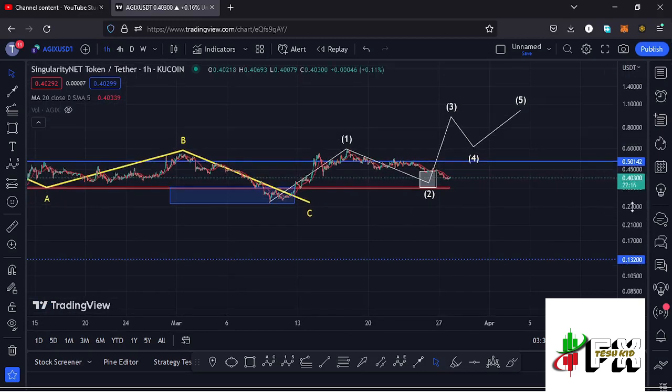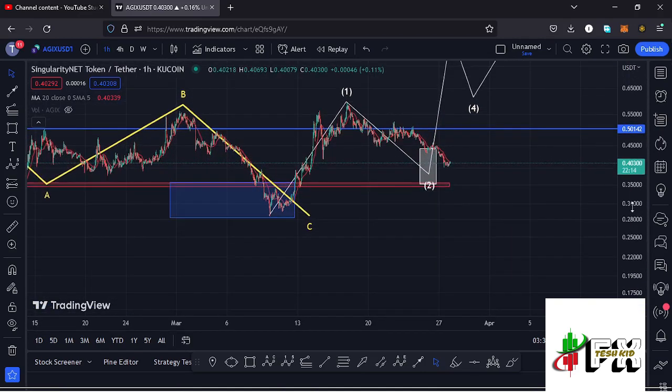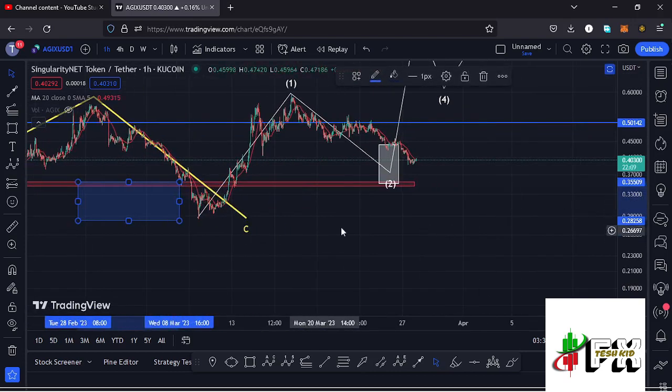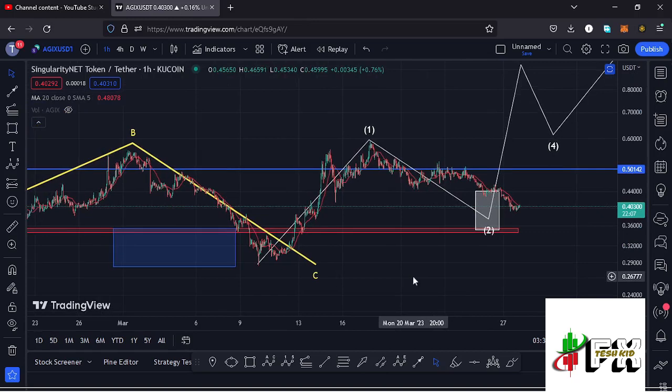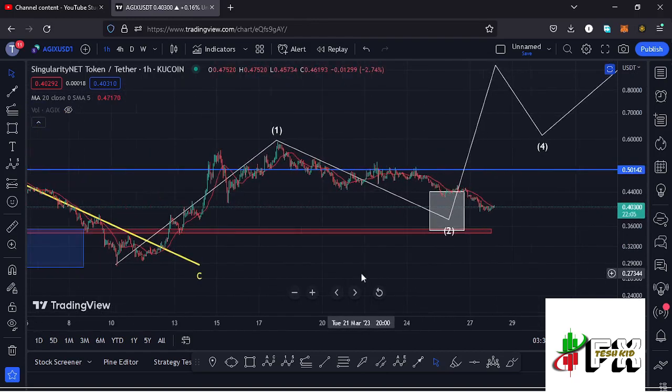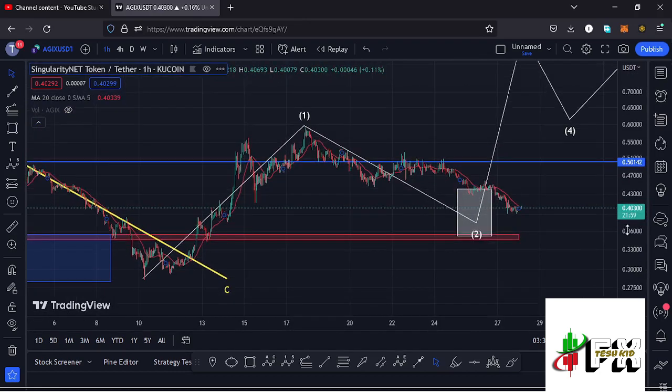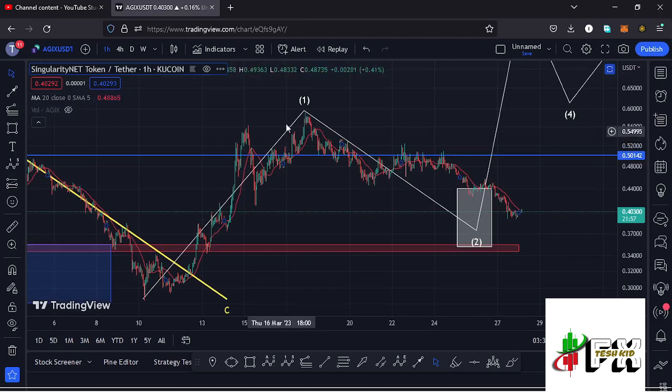Here on the 1-hour chart, you can see that after seeing our low in the formation of this wave 2 within this blue target area, we started this massive run up to the upper side obeying the Elliott wave structures, where you can see that I have the first wave giving us a peak at around the $0.59 mark, and after seeing the high for that first wave, whatever we expected next was a corrective structure to the lower side